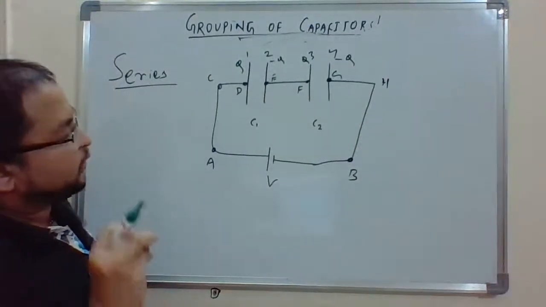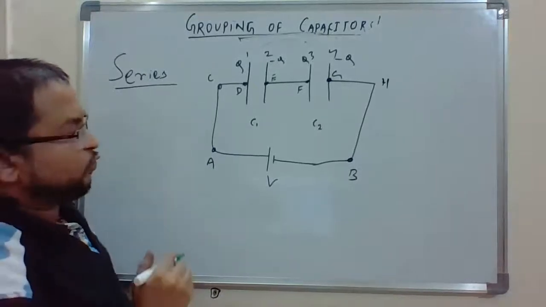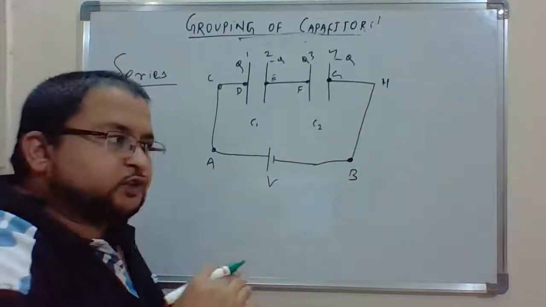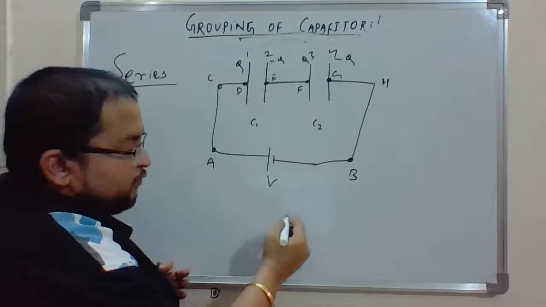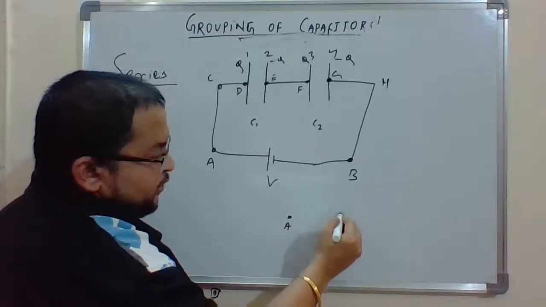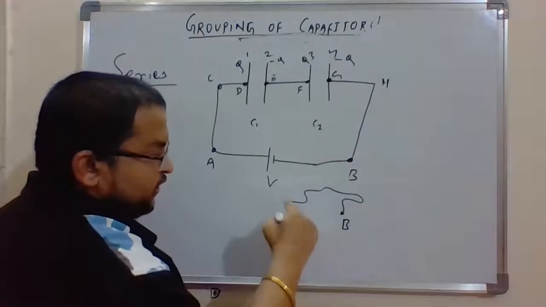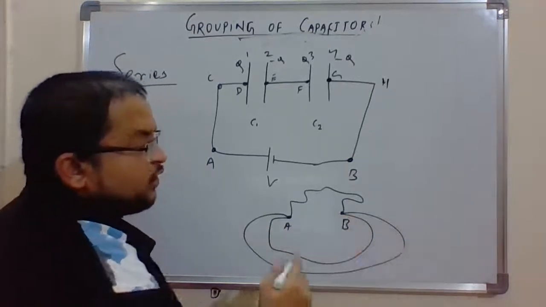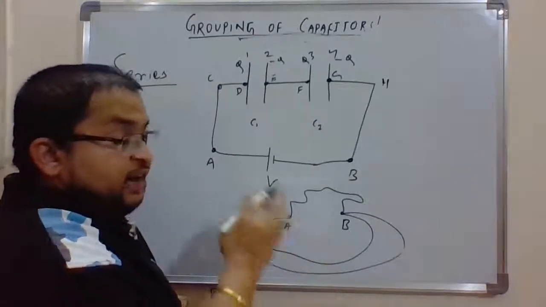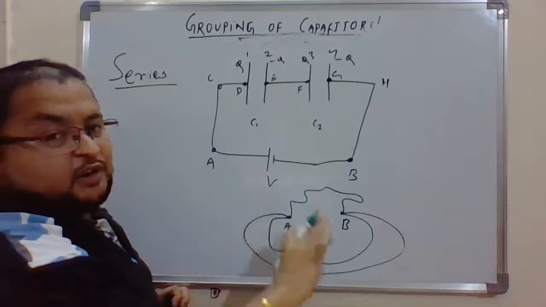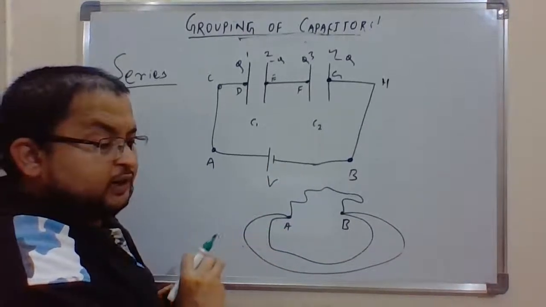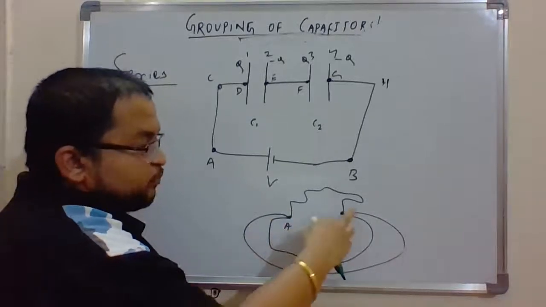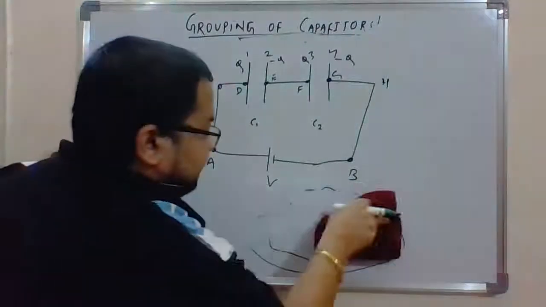Now let us see one more thing. We know potential difference is always a point function, as we have studied in gravitation and in electric field many times. If this is point A and this is point B, and I go from A to B by whatever path, the total work done will always be the same. We are considering a conservative field, just like the electric field. If the total work done is the same and potential is a point function,